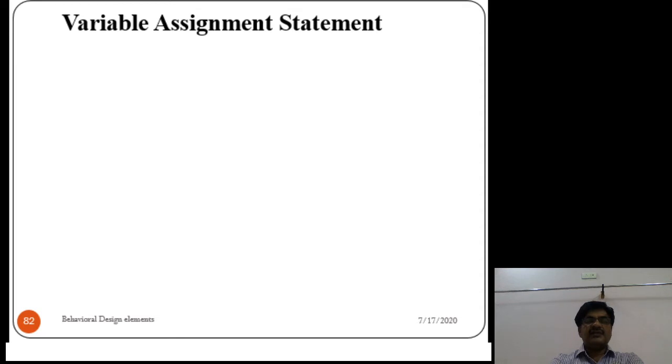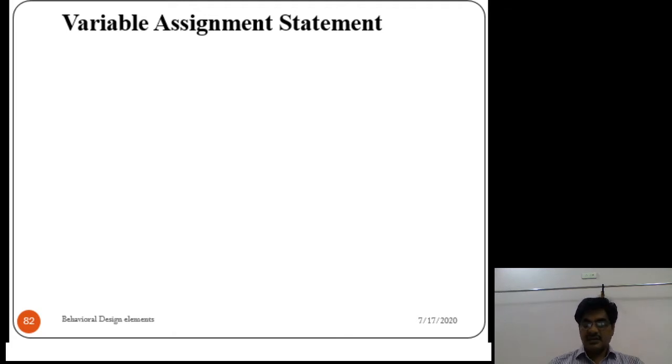In the previous class we have already seen the list of sequential statements in the process. Let us take one of them, the variable assignment statement. The purpose of this statement is to assign a value to an object of class variable.